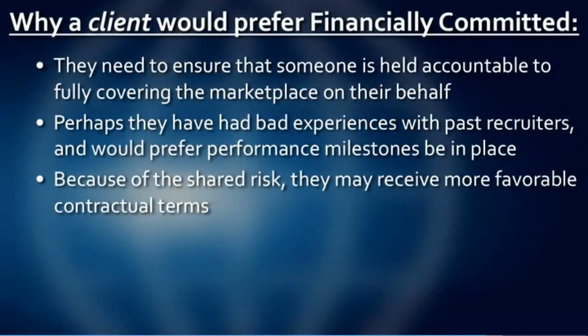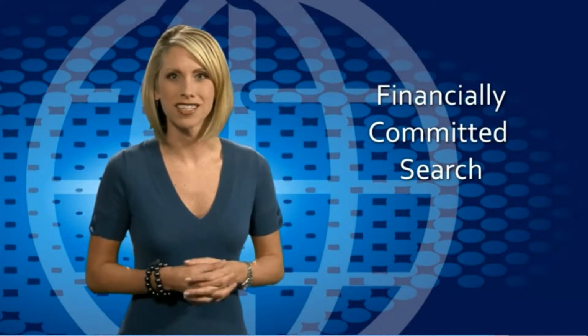Third, since they're sharing some of the risk by putting some money up front to initiate the search, you might negotiate some more favorable terms, again, a higher allocation of your resources or perhaps a longer guarantee period. For instance, in a contingent search, you might have a 30-day replacement guarantee, but in a committed search, you extend that to 90 days or maybe even longer. Again, these can vary from office to office and situation to situation, but typically you'll work some parameters into your search that are more favorable terms.